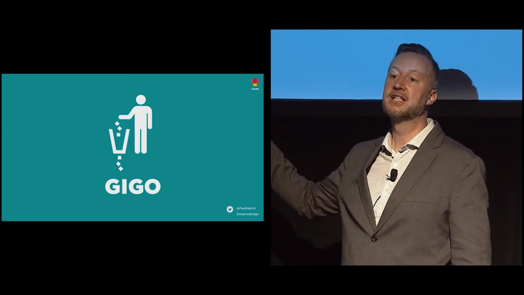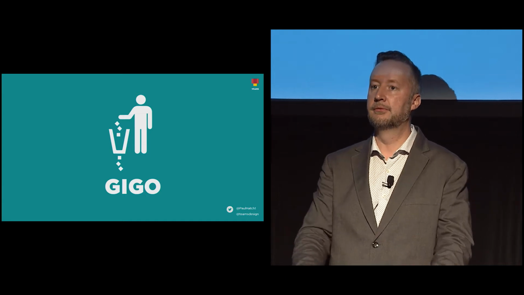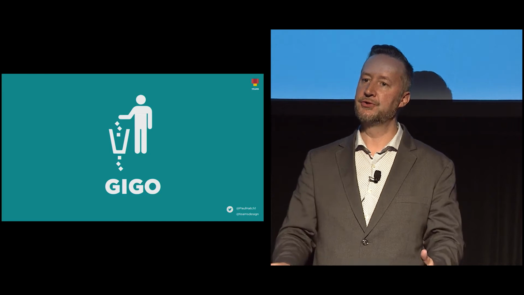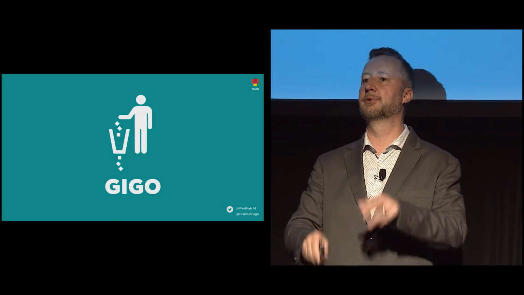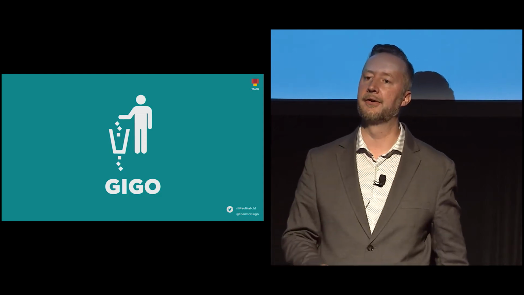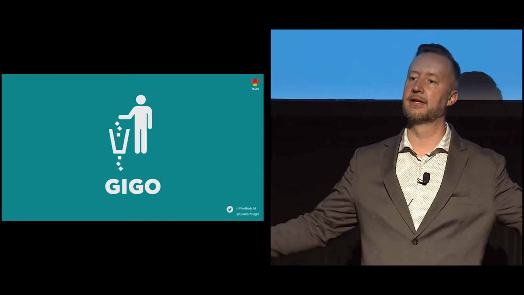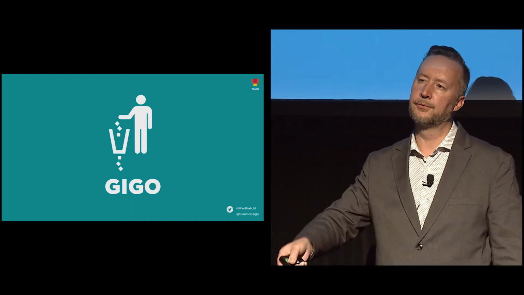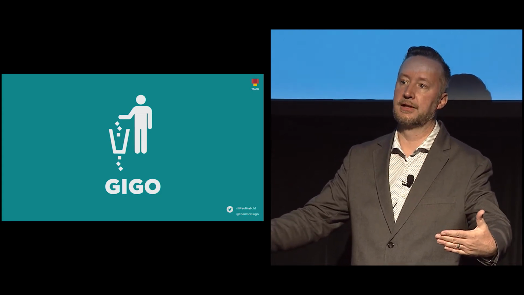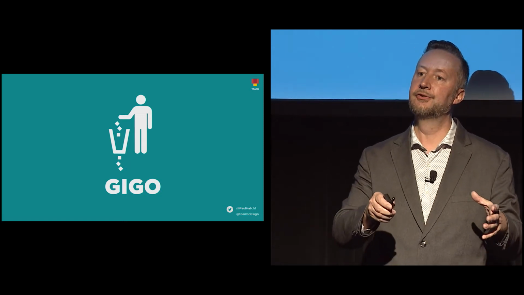GIGO, right? Garbage in, garbage out, right? So in the 80s, computer nerds came up with this term. Yes, the computers were perfect, but you put a user in front of it, of course it's going to make mistakes. The user puts garbage in there, and that's why the computer's now spewing garbage back out. Now, we've kind of got that with our data. If we're just collecting this random data, and there's tons of it, we're trying to slice it in different ways, and we're relying upon its quality. We're assuming its quality, and yet it won't necessarily be good. Now, a cake is only as good as the ingredients you put in there.